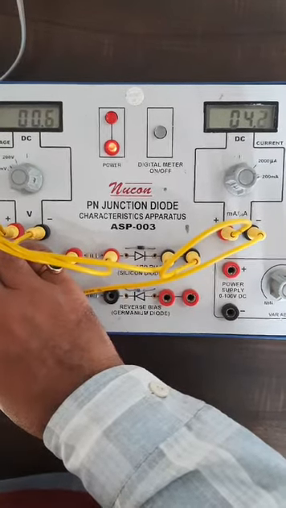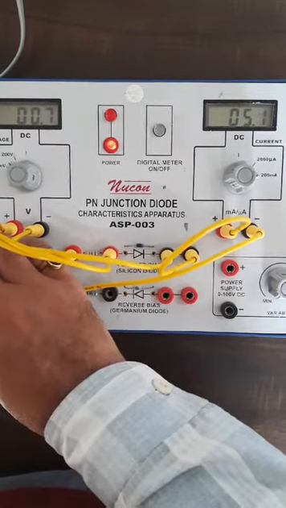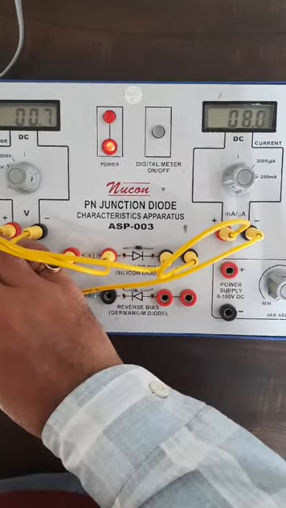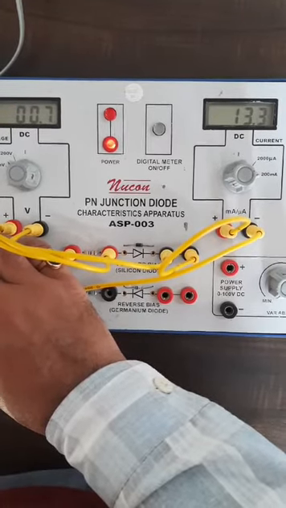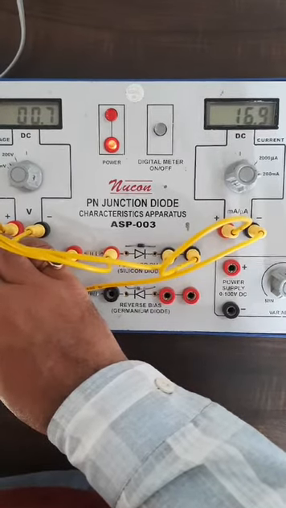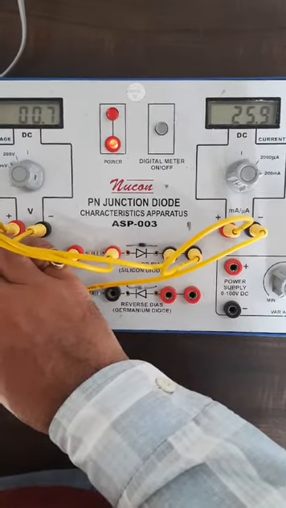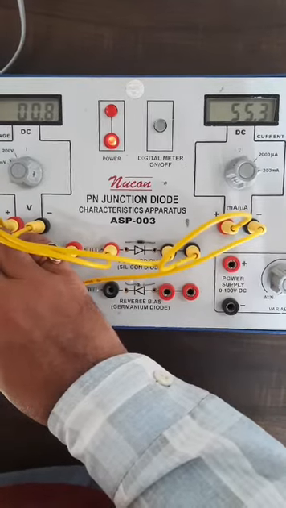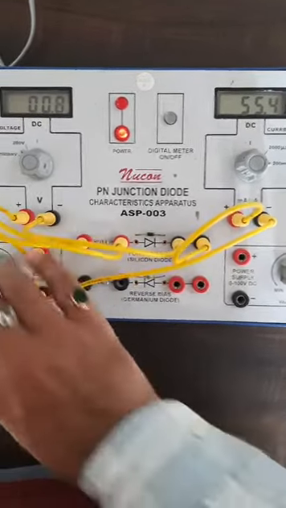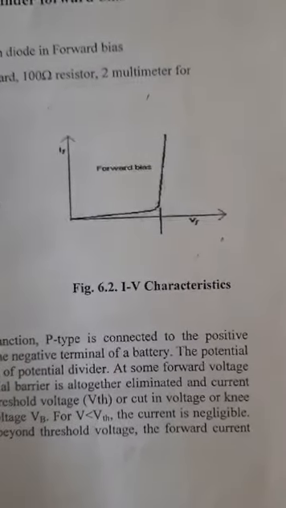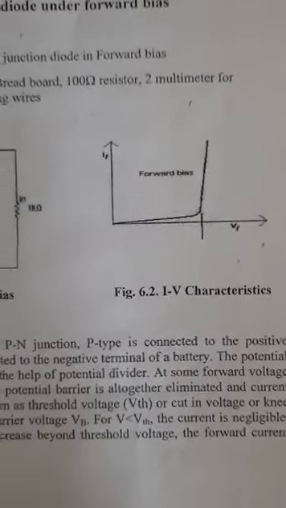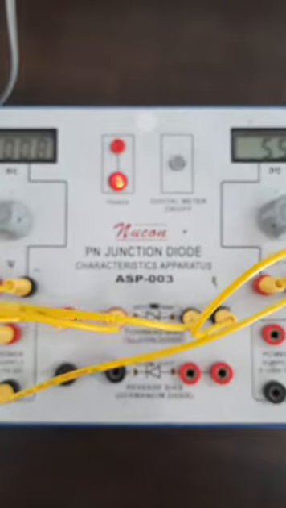Like this, there is a sudden increase in the current at a certain value of the voltmeter, you may note down. Okay, there is a sudden increase in the current. So like this it is verified by this model graph of the forward bias. It is verified now. So like this you can plot the IV characteristic in the case of forward bias of the PN junction diode.